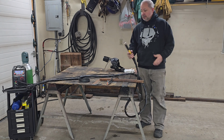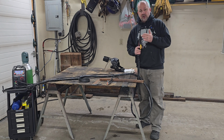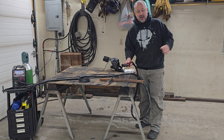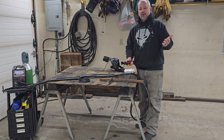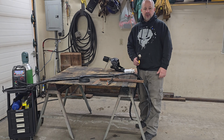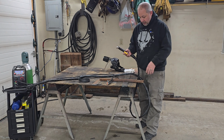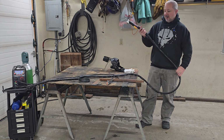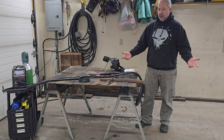This standoff style torch is really nice because it helps save your consumables when you're out there plasma cutting by yourself, like I am with my older machine there. Sometimes invariably you're going to screw up and you're going to touch down on the part and you're going to burn your nozzle, and they're not cheap by any means. I mean, typically when I call my welding shop and I order stuff for that, I'll order $75 or $100 worth of consumables, because I tend to go through them, because